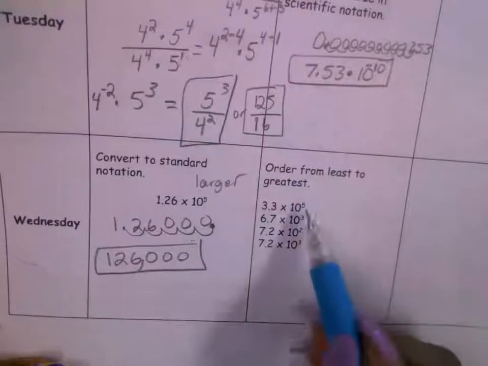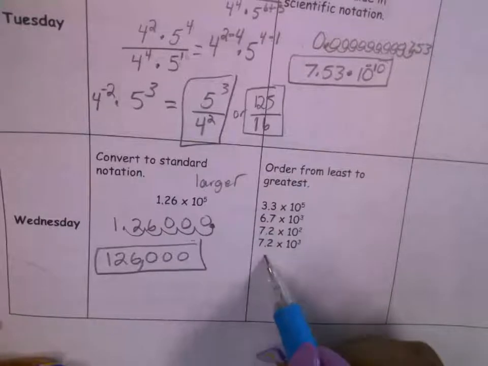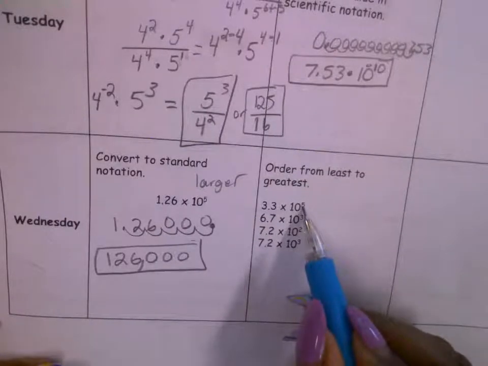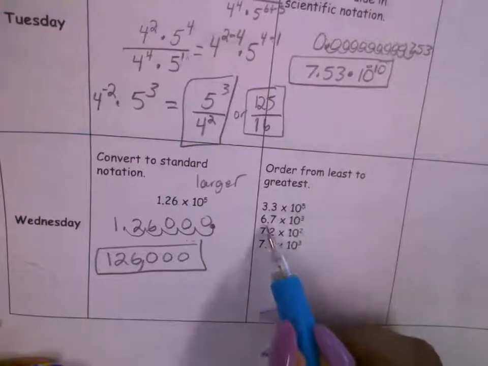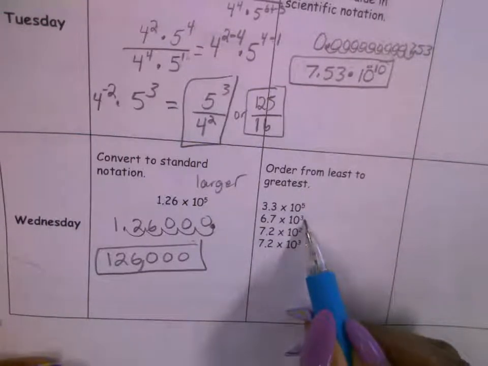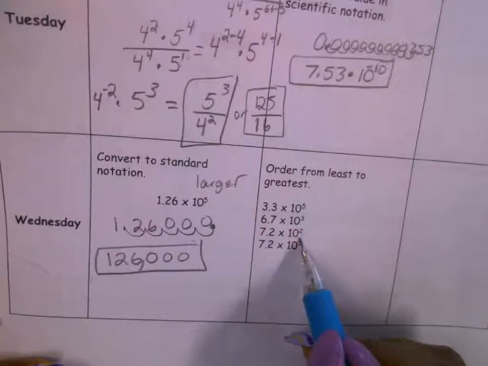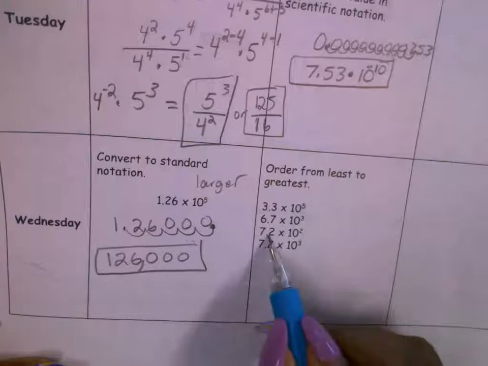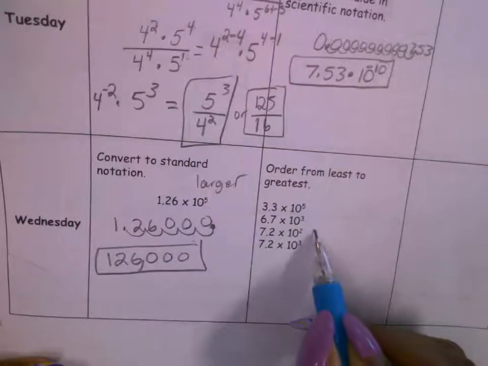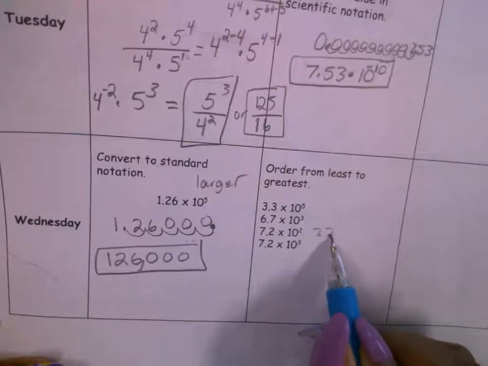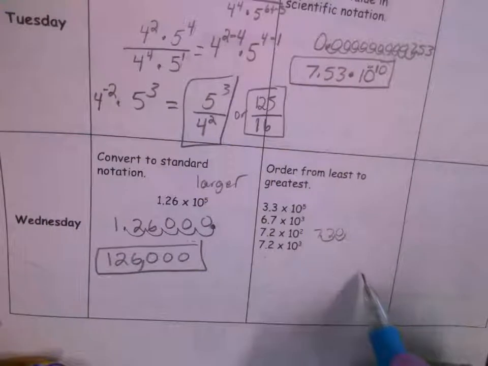All right, so we're doing from least to greatest, okay? All of this is written in scientific notation. This means that you're moving the decimal 5 places to the right, the number's getting larger. This is 6 places to the right, the number's getting larger. 2 places and 3. Look, the smallest number from least to greatest is going to be the smaller number where it's only moving 2 spaces. Okay, so this is going to be 1, 2. You see that? That's only